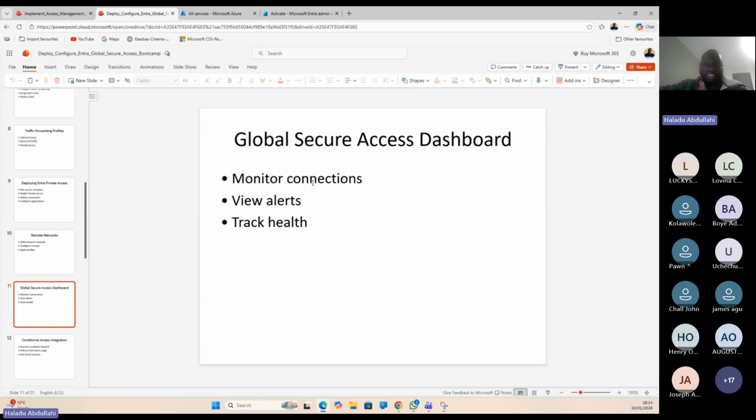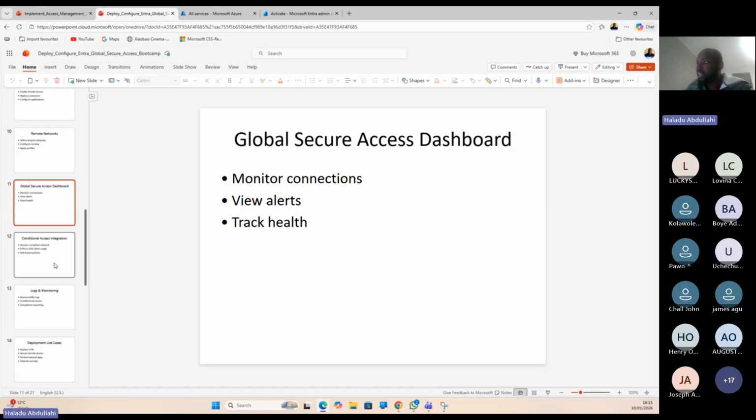But it has a dashboard that will track all the health and activities and alerting for you. That's what it's all about here. Global Secure Access has that dashboard for you. Very intuitive and real-time dashboard. If you don't have questions here, I will also